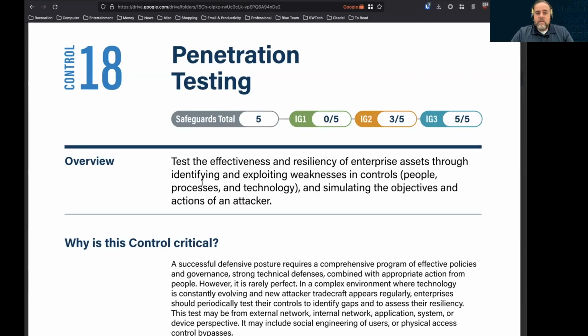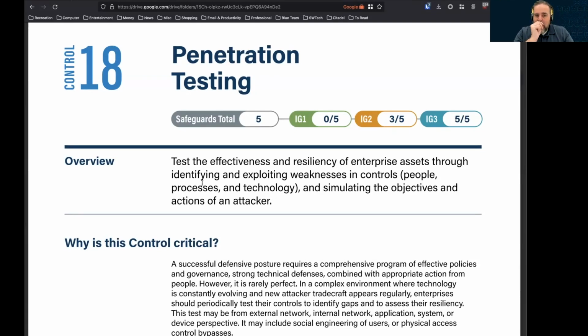So again, with someone out there who understands the industry to make these recommendations, you might look at this and go, well, I don't have infrastructure. So I don't have any kind of base company network to try to attack. I have workstations, so I might need to test something there. And I have people, so I might need to test something there. But those aren't necessarily what a penetration test would test.